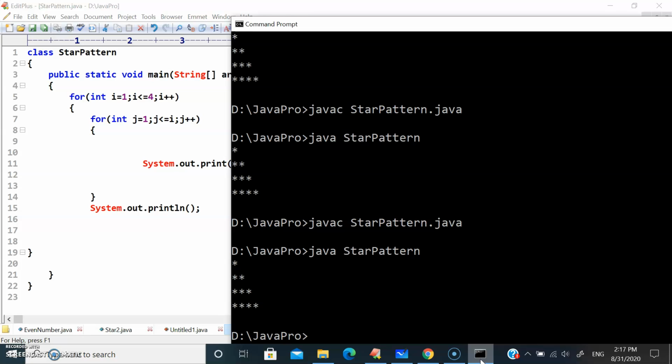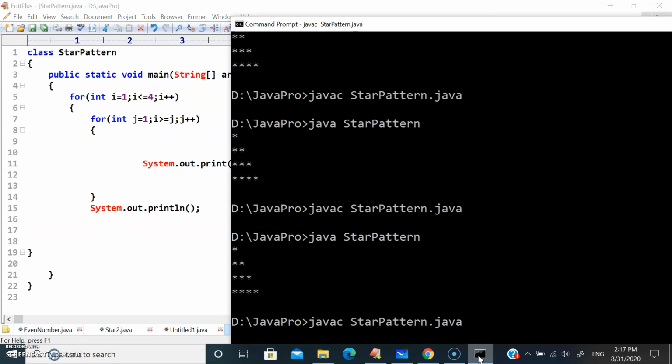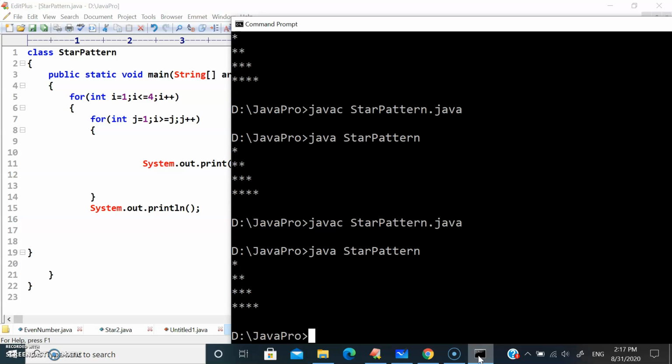So it's printing. For your understanding purpose, I have written if else. If you want to reduce your lines of code, of course, you can write that condition in the nested for loop and print the star in this format as well. You can even check it with i greater than or equal to j. Save the program. Perfect. So this is how you need to solve your star pattern.